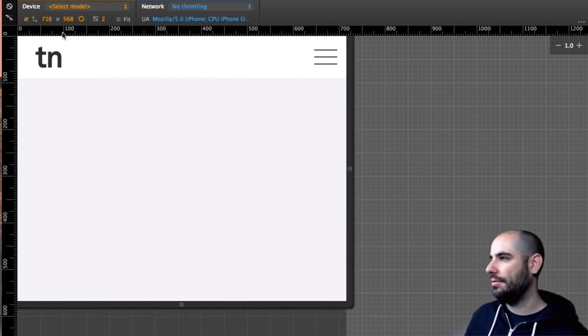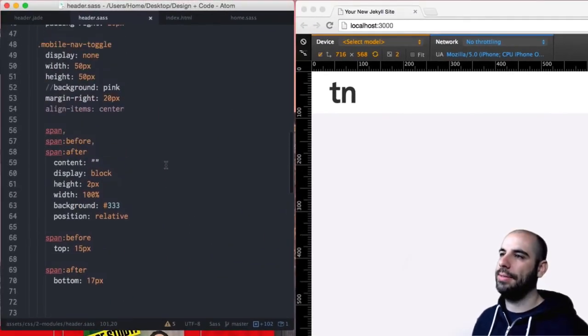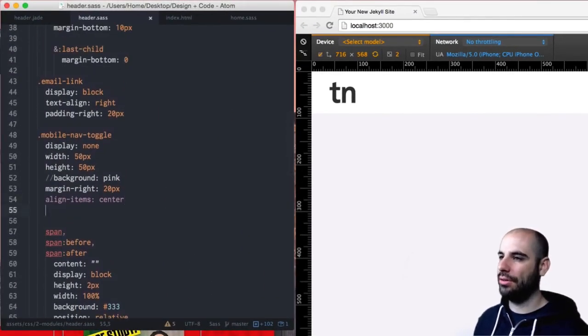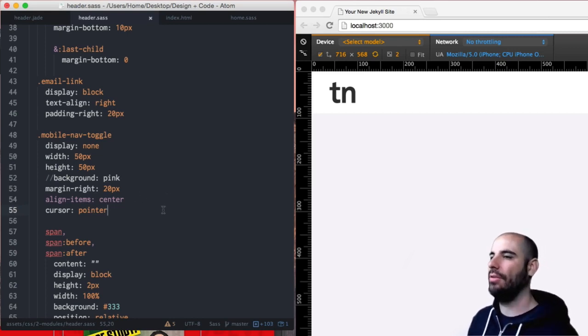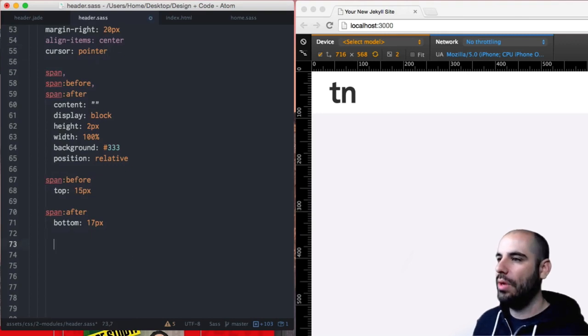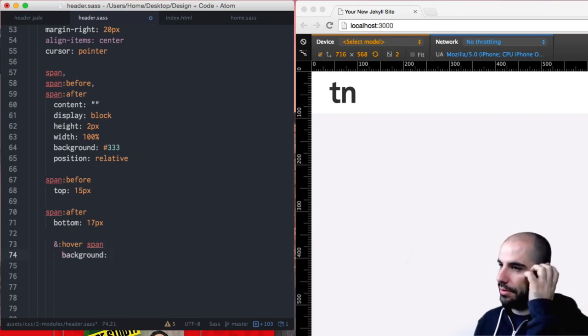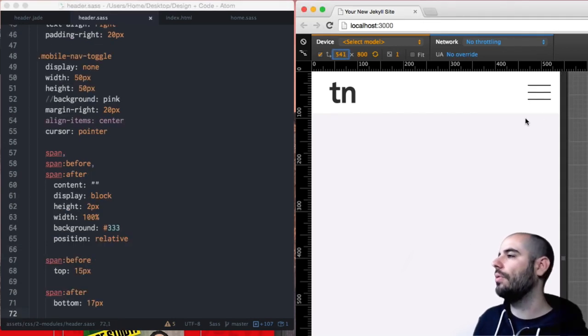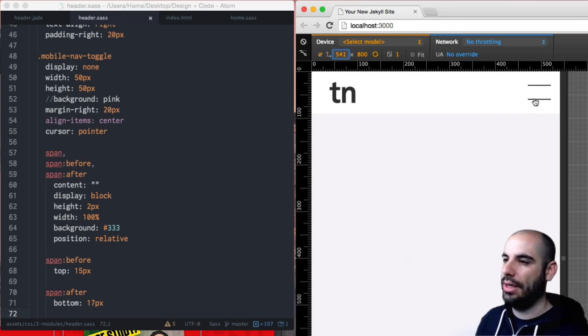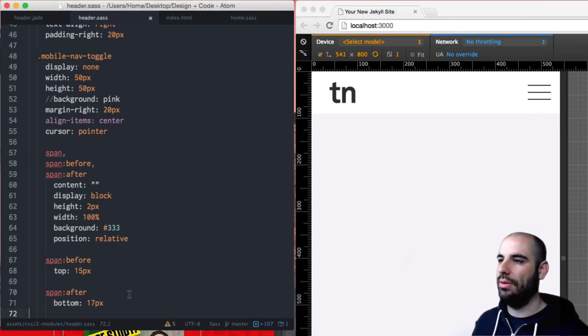And we need to put on our mobile nav toggle, we'll need a cursor pointer. Let's do some cool animations, I think, when we're hovering over it. So this will be fun. When we're on hover, I want this span's background to be transparent, right? There we go. Okay, so what we wanted to see was, I wanted to see that little dude disappear. And we can take the other one,